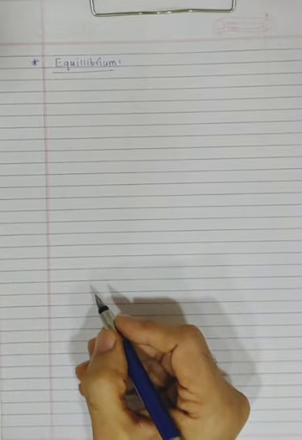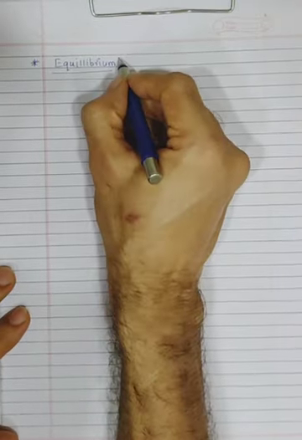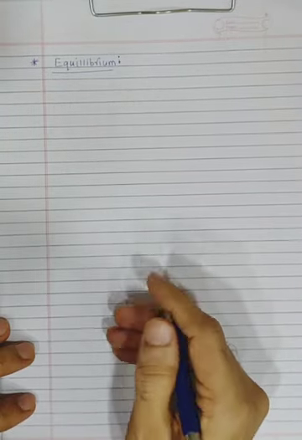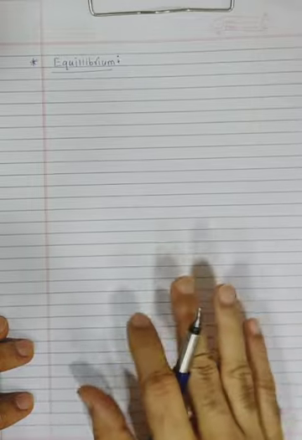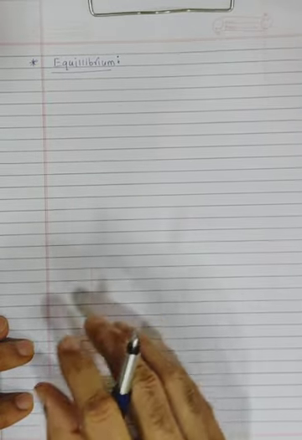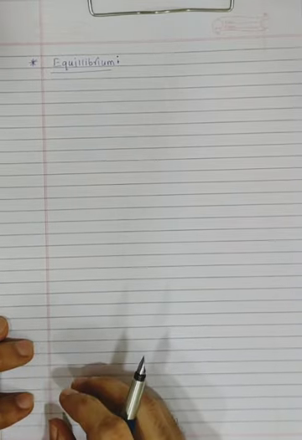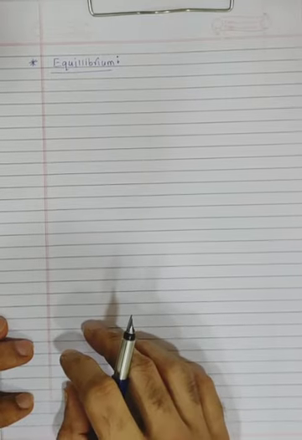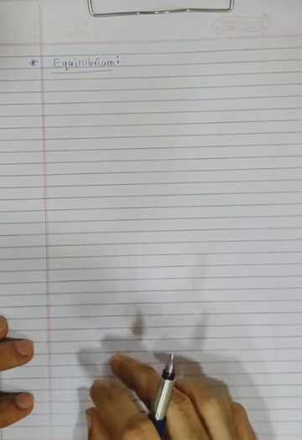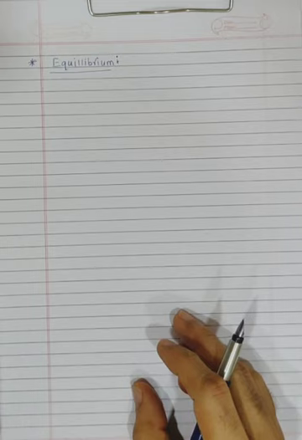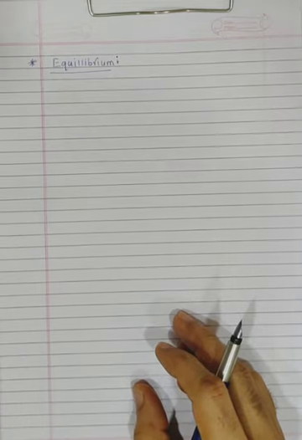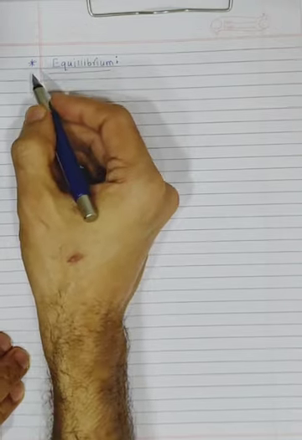So equilibrium means that a number of forces are acting on a body. So there are n number of forces acting on a body, but even after those forces are exerted, there is no change in the state of rest or motion of the body. Got it? I'll repeat once again. When n number of forces or any number of forces are acting on a body, but all those forces do not produce any change in its state of rest or state of motion, then we say that the body is in equilibrium. Okay, now there are two types of equilibrium.